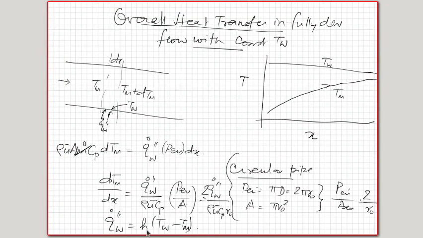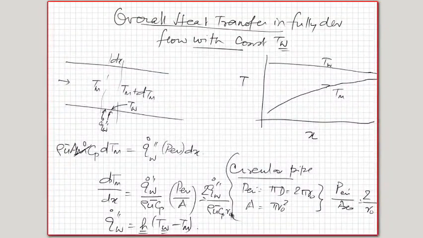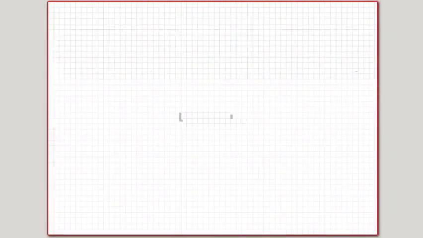And in the fully developed region, this H is a constant, and in the case of constant wall temperature, this T wall is also a constant. Okay, so now let us apply this general result to the problem of constant wall temperature in fully developed flow. So if I do that, then in fully developed flow, H is constant,